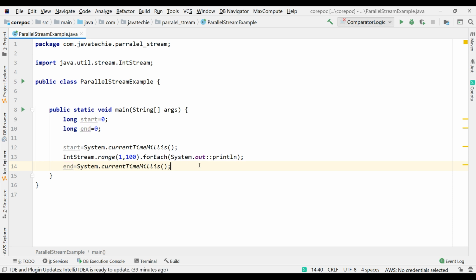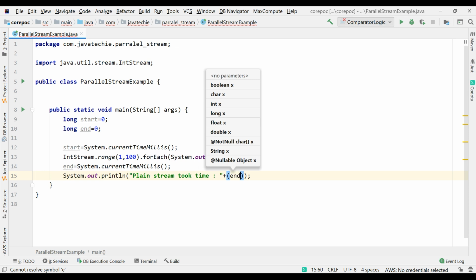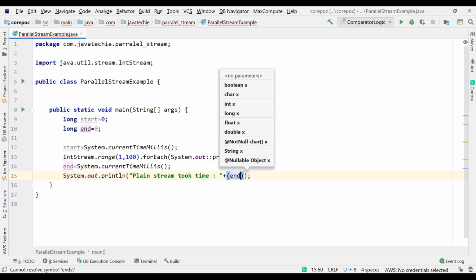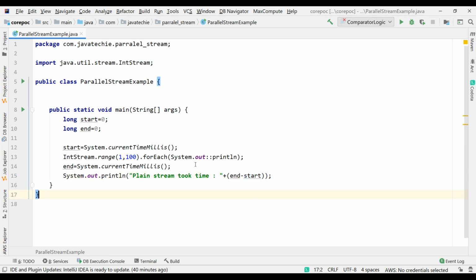Now I just want to print System.out, plain stream took time, then we can do the subtraction, right? End minus start. Fine. It will give us the result in milliseconds.